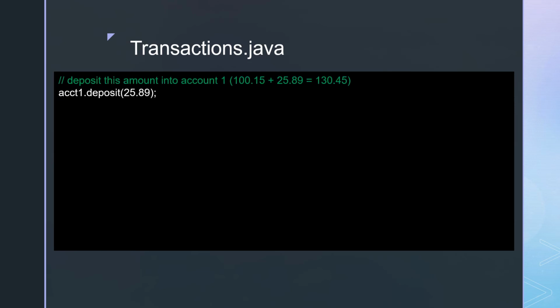ACCT1.deposit(2589). This tells Java that we want to first deposit $25.89 into account 1. Leading with the account variable first, we then attach the method we want to use, which is deposit, using a period between the two. This tells Java that we want the method deposit only to work for this variable. We will not see that this amount has been added until we invoke the print line